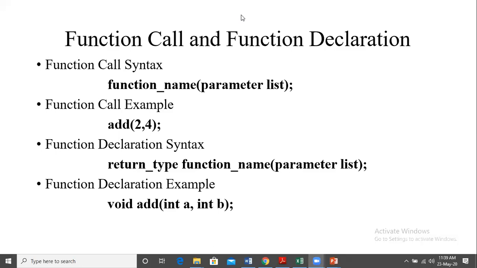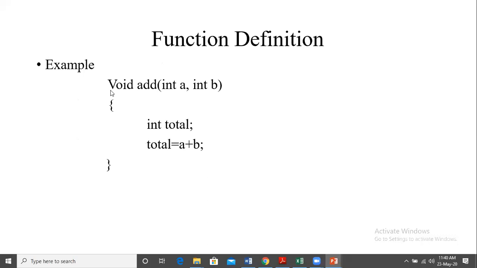Yes, ma'am. So function call is nothing but we give the name of the function, within bracket we give the variables or its value so that the function can start working. Now next, how to declare this function? Declaration is this statement. So we saw here, first statement we have void add in bracket int a comma int b. This statement is called as function prototype. Please make note.